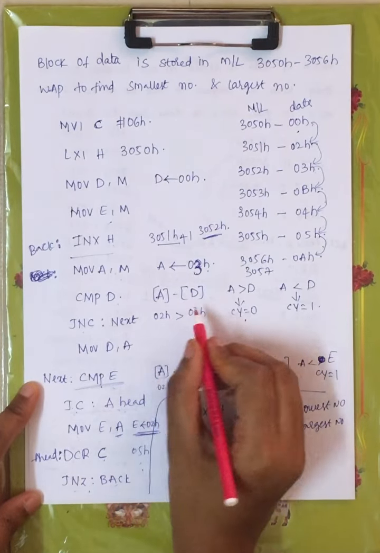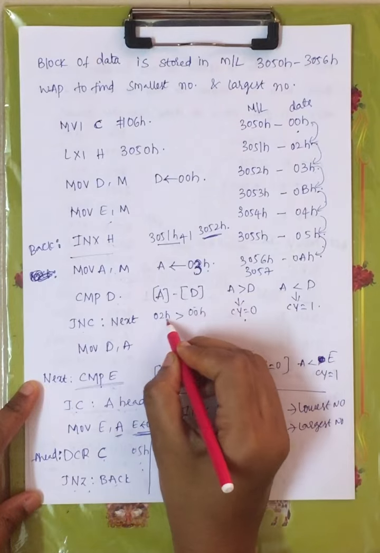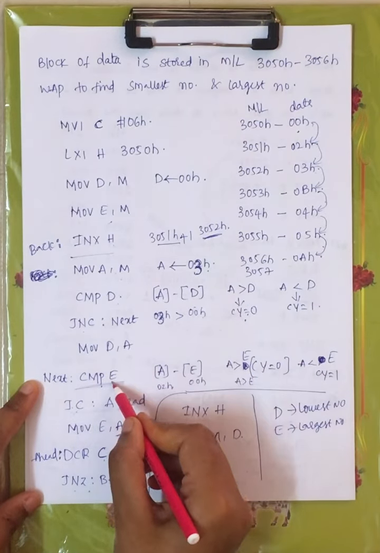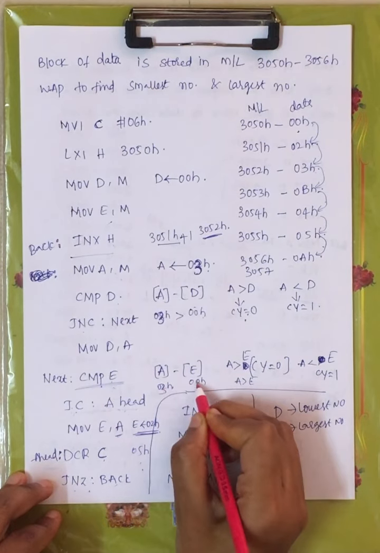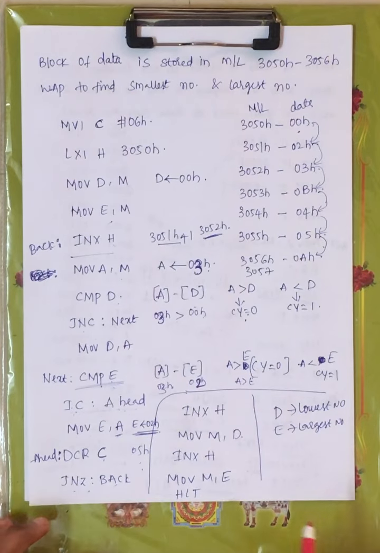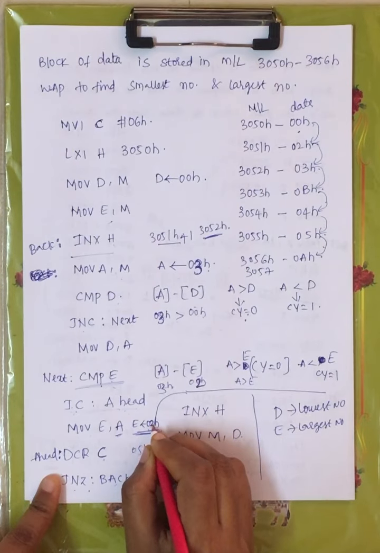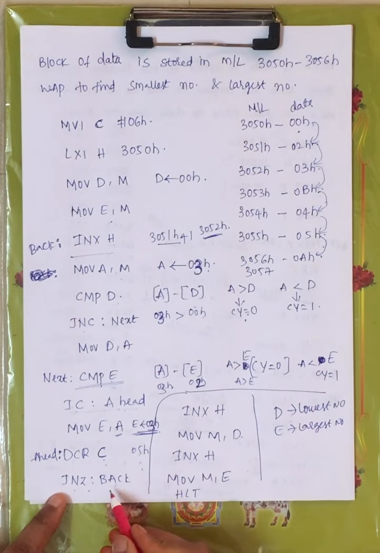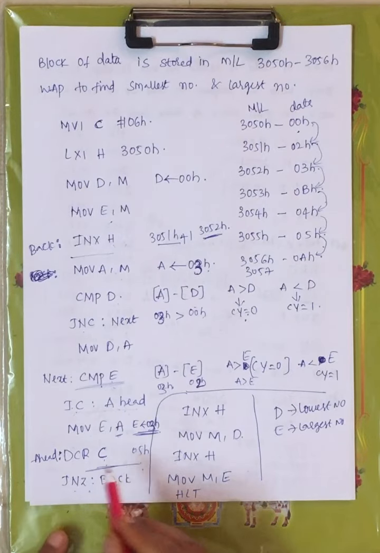Now compared with D, right? D is 00. Now 03H, again carry will be 0, it will compare with E, right? Compare with E, that is 03 and 02, right? Now there is no carry here, so it will move the content, 03 is moved to E register, right? Decrementing the count value. Jump if no 0, incrementing, again this loop will continue till the count value is 0, and finally